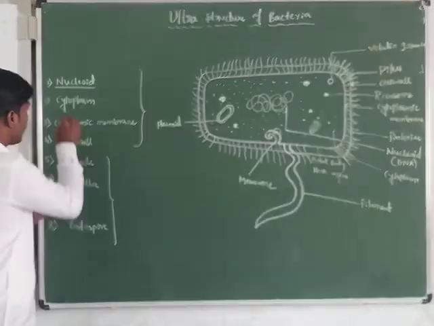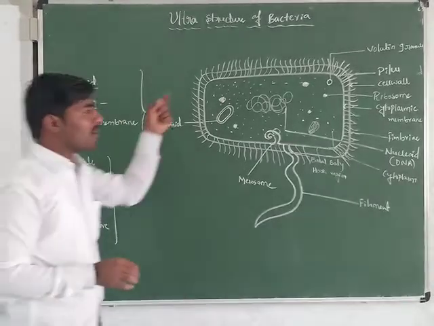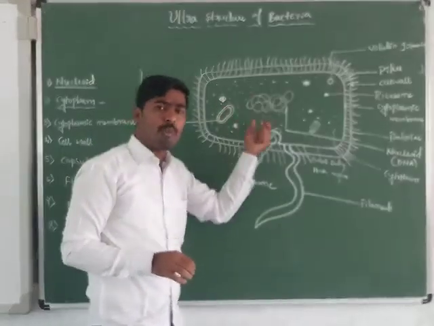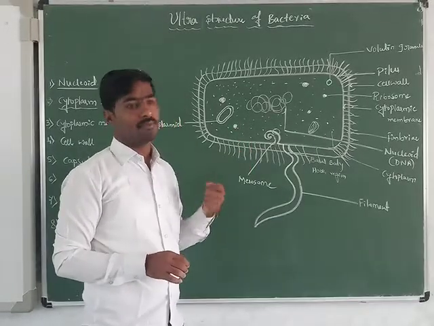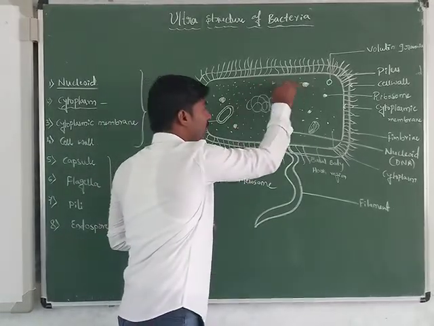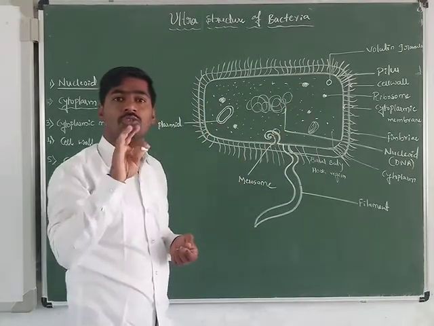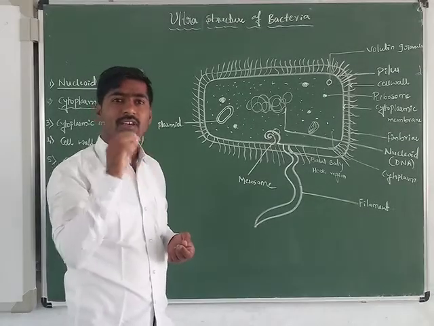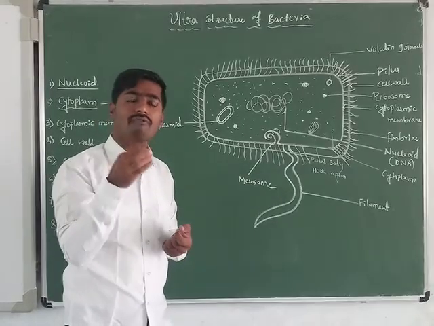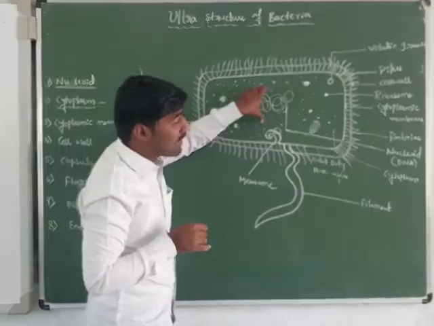And the next one is cytoplasm. In the bacterial cell, the cytoplasm is viscous watery or soft gel. Cytoplasm how is it? It is a viscous watery or soft gel-like structure, and the cytoplasm